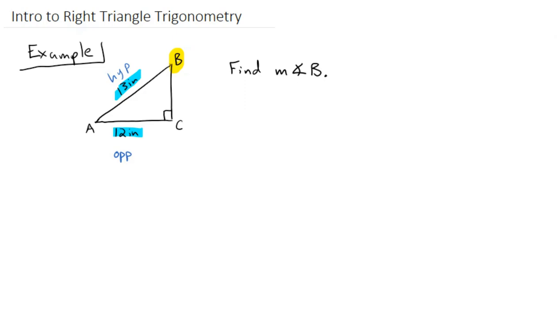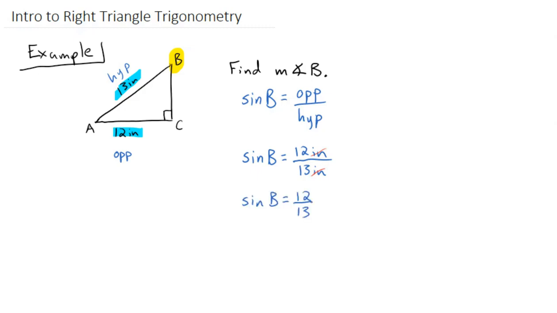So then we have to think, okay, which one of our trig functions relates those three things? Which one of them deals with the opposite over the hypotenuse? And that's going to be sine. Sine of B is the opposite over the hypotenuse. So once we decide which trig ratio to use, we're going to use that like a formula and plug in what we know and leave what we've been asked to find as a variable. So what we have there is that sine of B equals 12 inches over 13 inches. And as we've seen, those inches are going to cancel out, leaving just a naked number. And we get sine of B equals